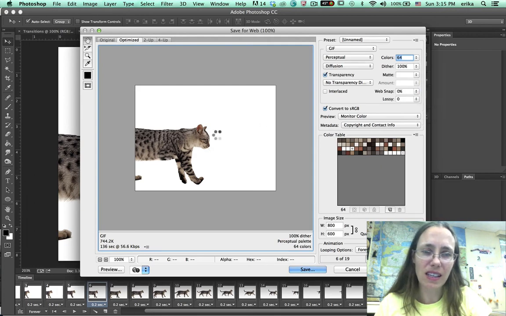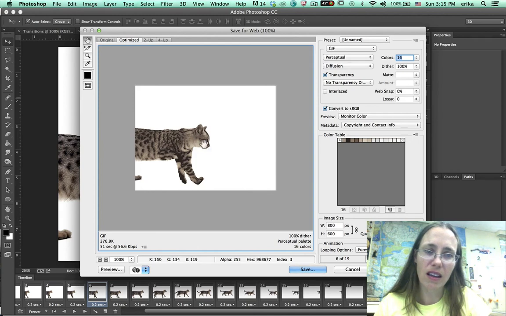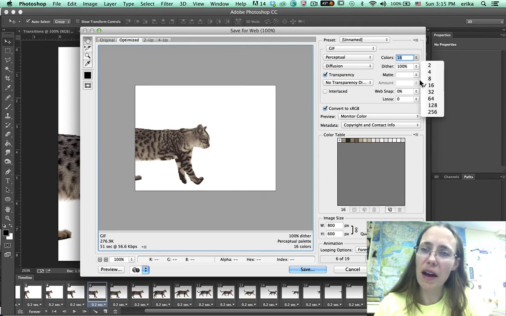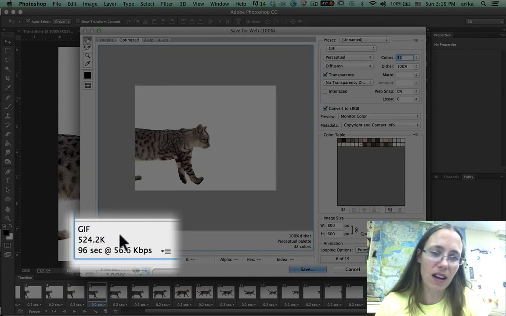If you have gradients in your work, it will be really obvious once you lower these colors that you're losing quality. With this fur pattern, it's not that obvious. So I might just leave it maybe at 32. I'm not seeing obvious color or detail loss. I think probably now I'm losing a little bit of contrast, and I can start to see something in the fur going on. So I'll leave it back at 32, but look, instead of 900K, it's almost half that. So I'll save this,